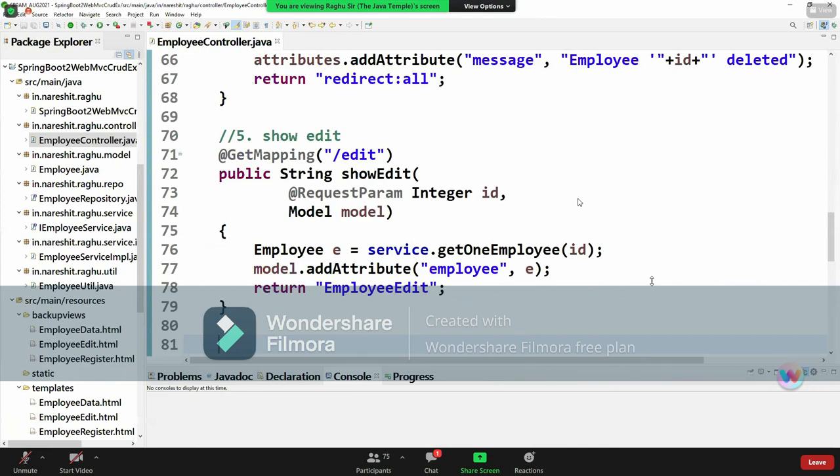Sir, one doubt. We are using Thymeleaf for Spring Boot, right? So here we don't need to interact with Angular or React. See, understand: Angular and React JS are non-Java UIs. In that case, we have to use REST web service only.